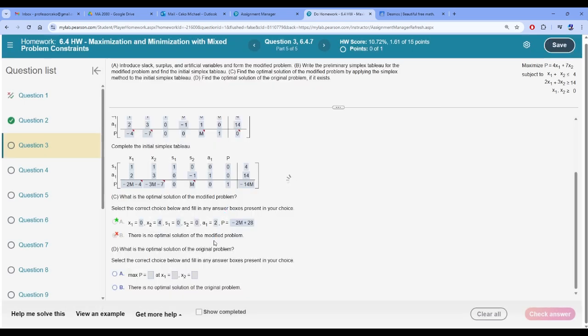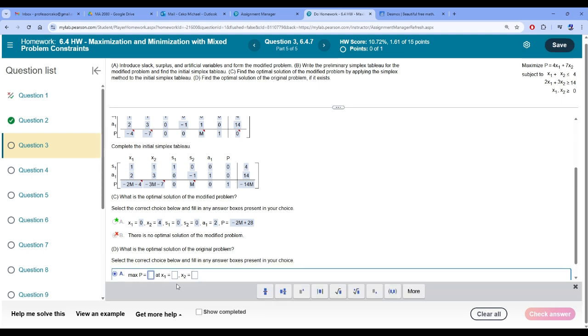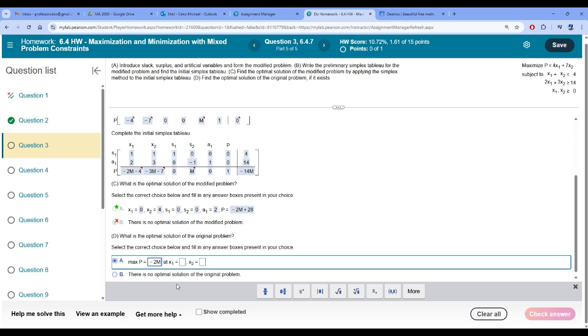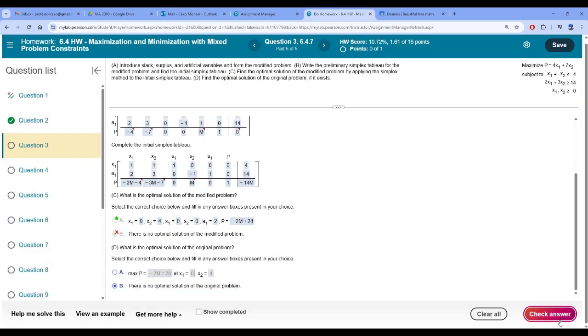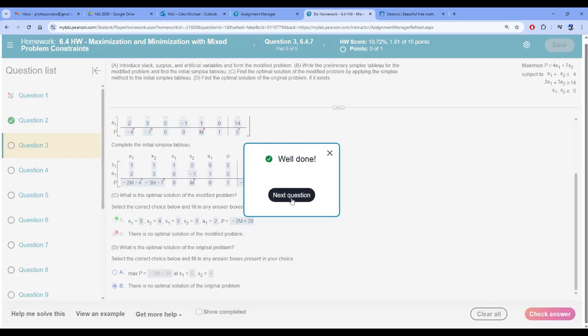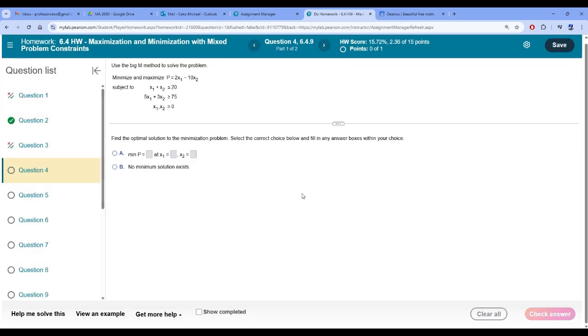This topic is really not fun. So the maximum occurs at, let's try, negative 2m plus 28 when x1 is equal to 0 and x2 is equal to 4. That's where I got the answer from. Okay. Yeah, I'm trying my best to explain this. I really don't understand where this all came from. All right, so